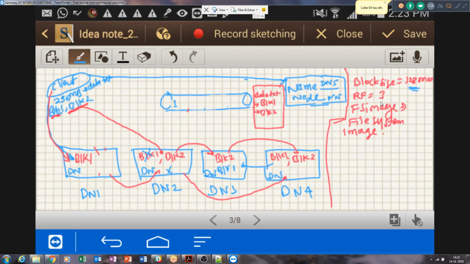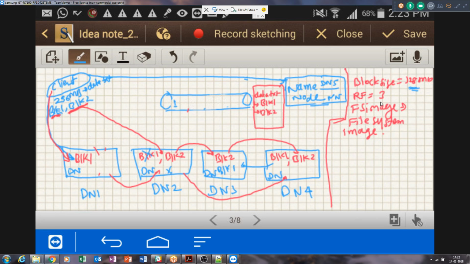So this is the writing process. Now you have some basic idea about how fault tolerance is done, why the block size is 128 MB, why the replication factor is 3, what the FS image, the file system image, is, and how it keeps the mapping between the data and the file. This is just like a basic file system. In a basic file system we work on a single machine, but here we are working on multiple machines together to form a single entity. That's it, nothing else.